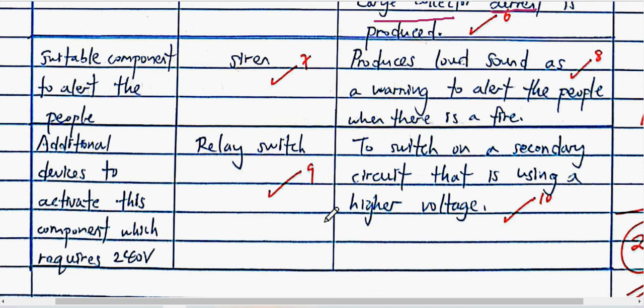Okay, next one. Suitable component to alert people. It will be siren. Or alarm can be accepted. Some students also write bell. I also accept it. Okay, so the reason is to produce loud sound. Not only sound, but loud sound. Okay, to warn and to alert people when there is fire. Then next one will be the relay switch. Okay, you write relay only is enough. Okay, relay switch. So the use of relay is to switch on a secondary circuit that is using higher voltage. Okay, with that you can get full marks, inshallah. All right, so hopefully,